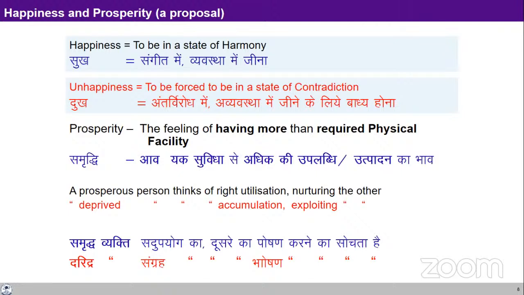Rich people are accumulating more and more. They are not able to share with others. They're not having that feeling of prosperity. But then we can also see people who are not that rich. They are sharing things with others. They may be having this feeling of prosperity. So these proposals we can discuss, and then